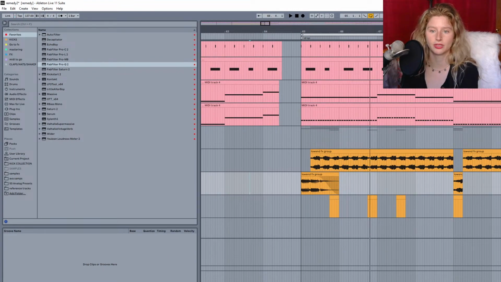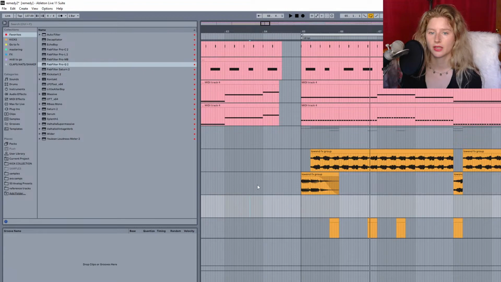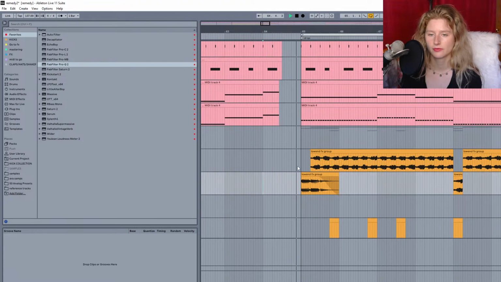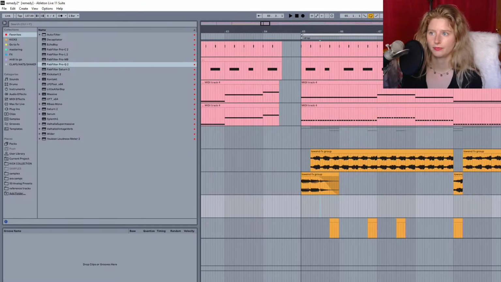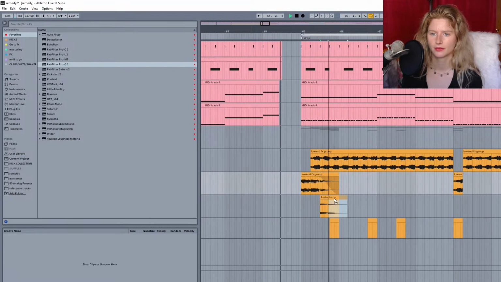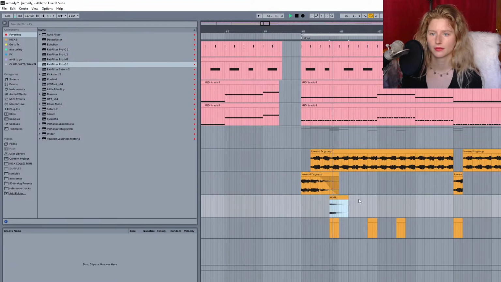Now we have some cool geekin' effect that we can totally use. Totally. That part, yes.